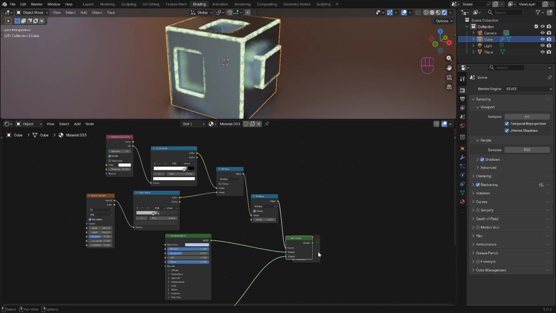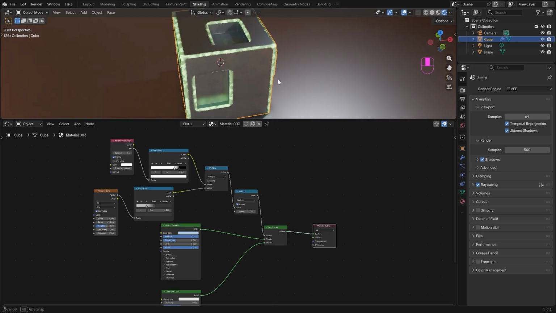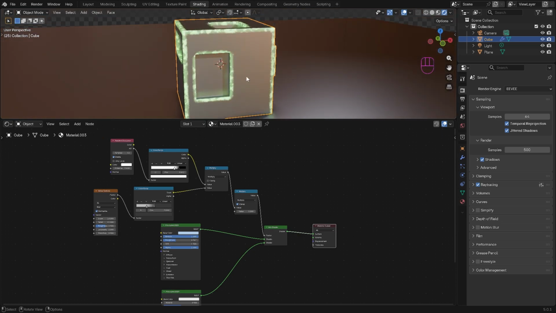So press Ctrl and Shift on the mix shader to see the end result. And now we can adjust the color ramp until we get a result we like. If you run into an issue where the glowing material shows up on the flat surfaces, you can remove this by moving the black handle closer to the middle on the first color ramp. Now this is starting to look good, but we will adjust a few more settings to make this look great.